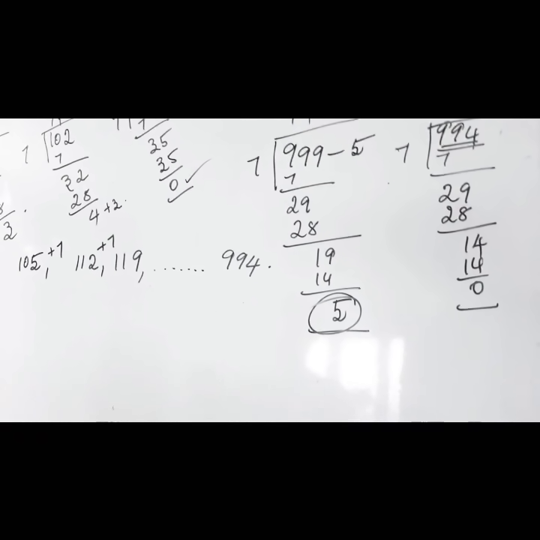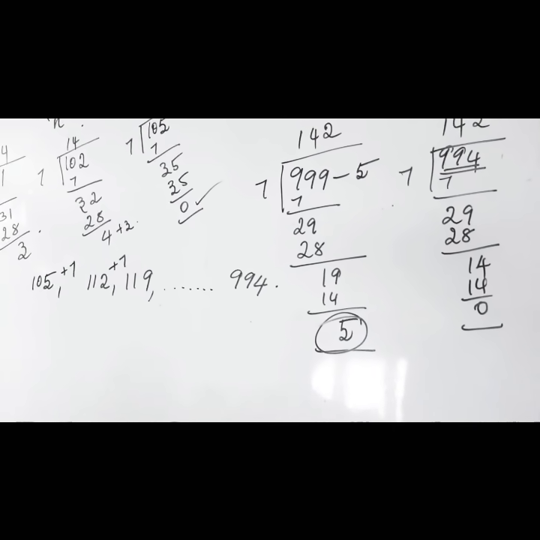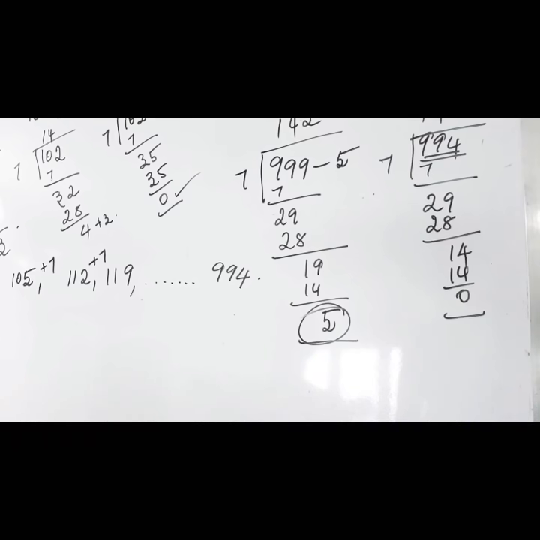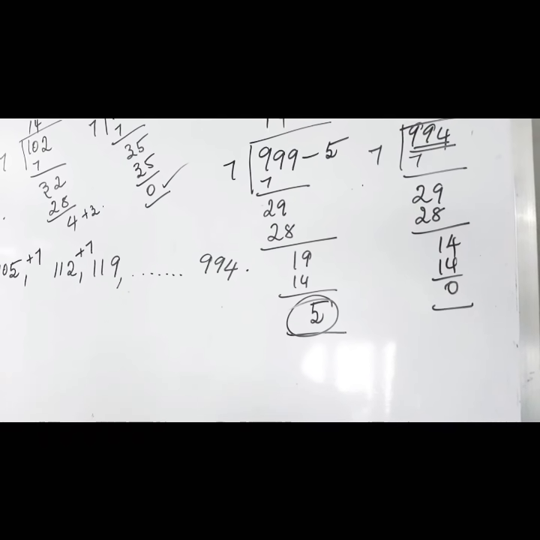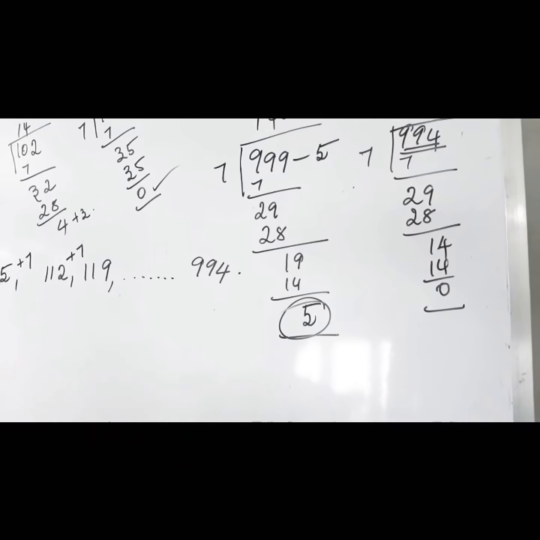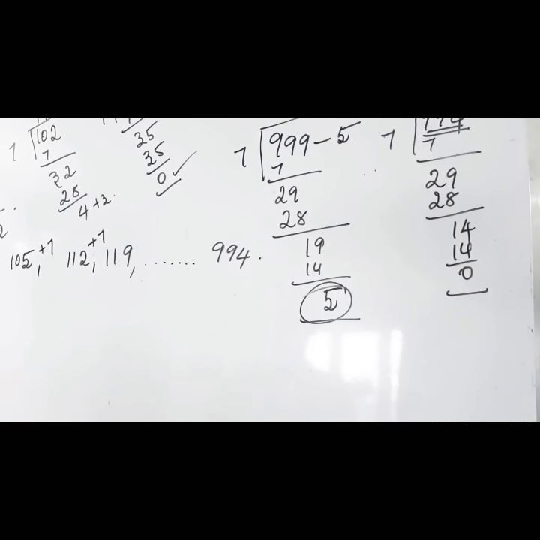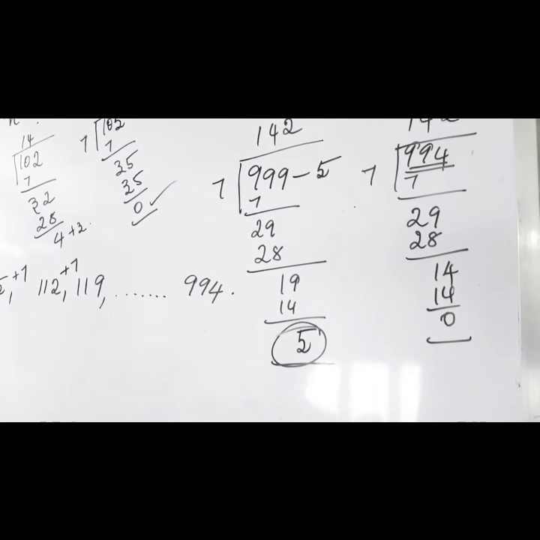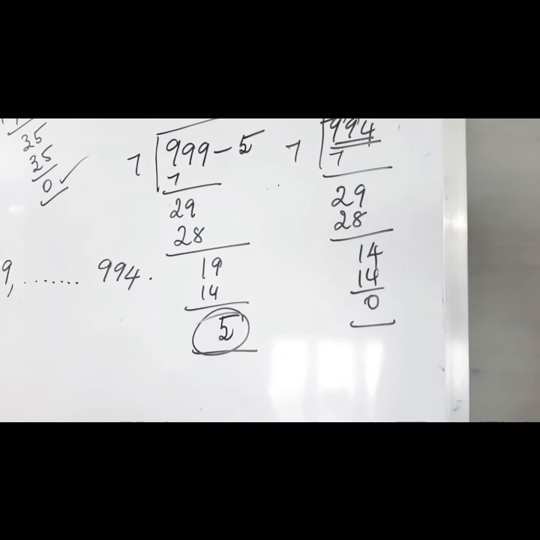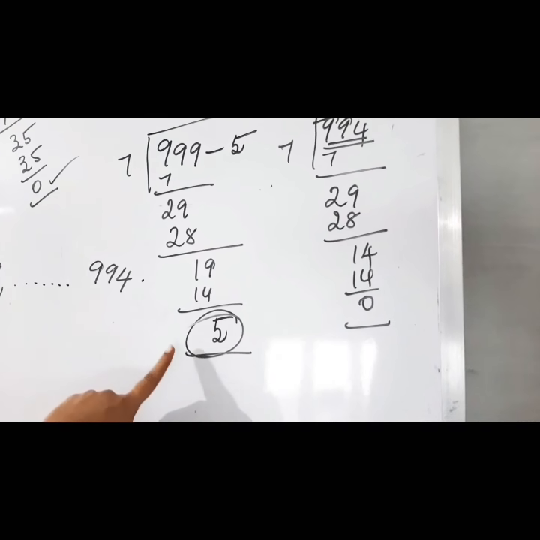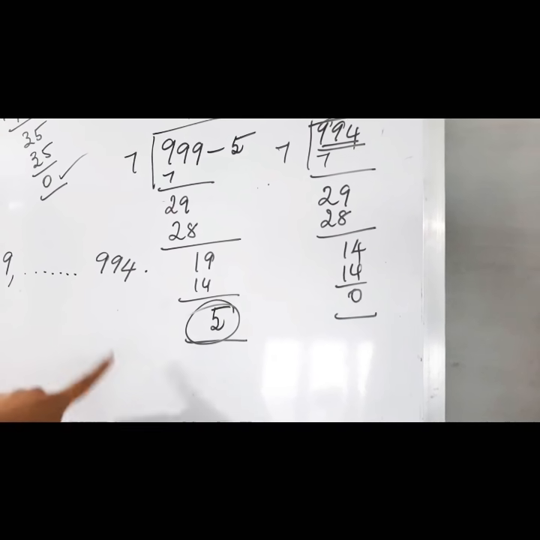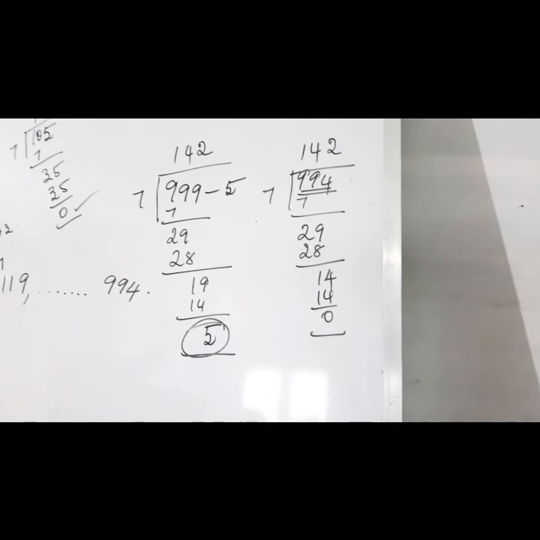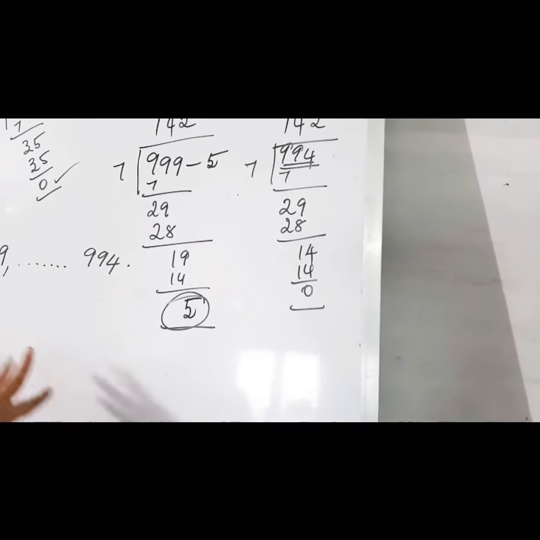It is not. Then we went for 101, 102, and we found that the first 3-digit multiple of 7 is 105. For the last term, since the condition is given as only 3-digit numbers, it is a finite AP, and the last 3-digit number is 999. We divided it by 7 and found it is not divisible by 7. So we kept checking 998, 997, 996, and found that 994 is a multiple of 7. Now we framed our AP.